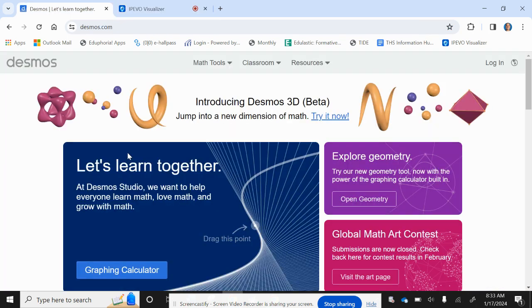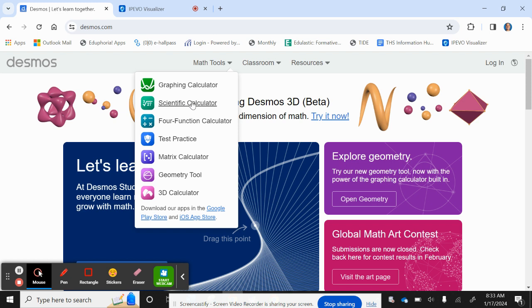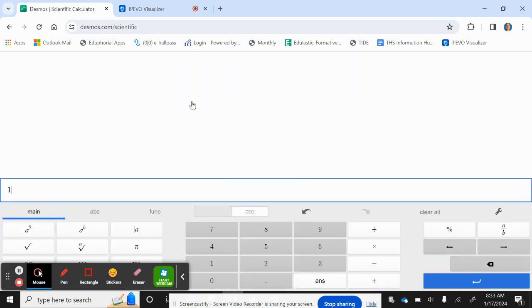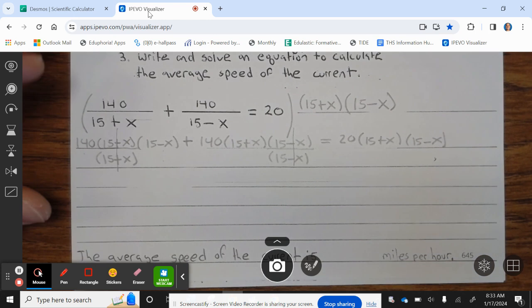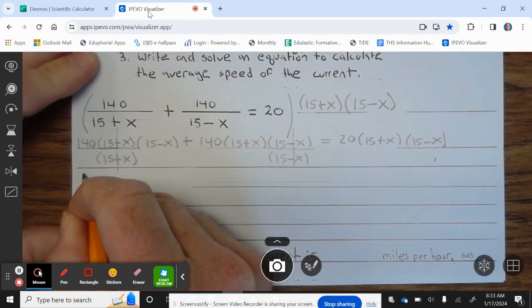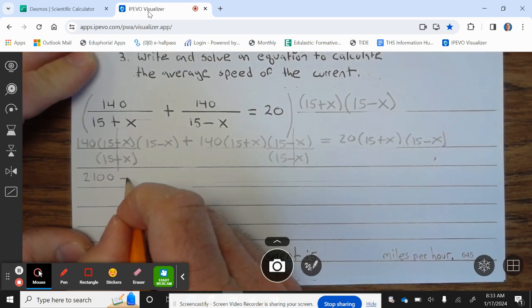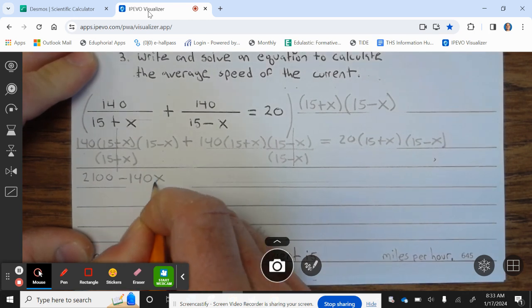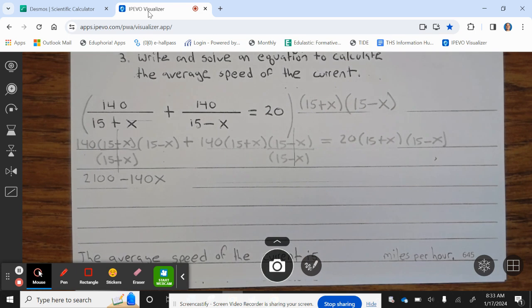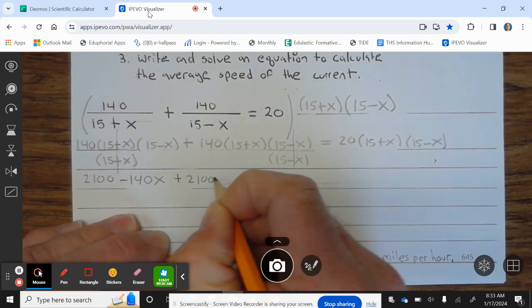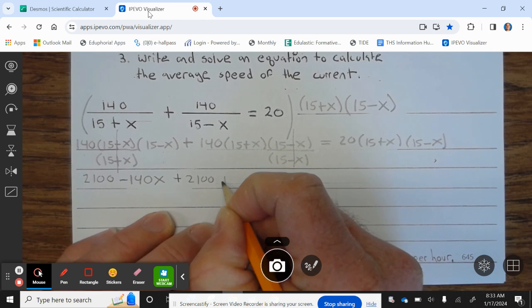So let's go and do 140 times 15 is 2100. So that's 2100 minus 140x plus 2100 plus